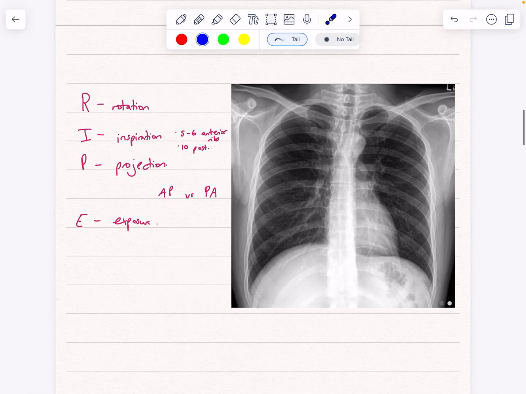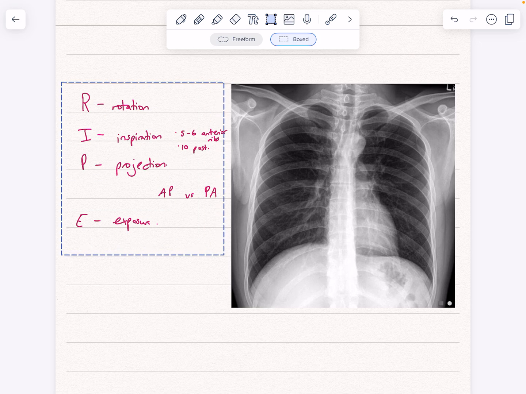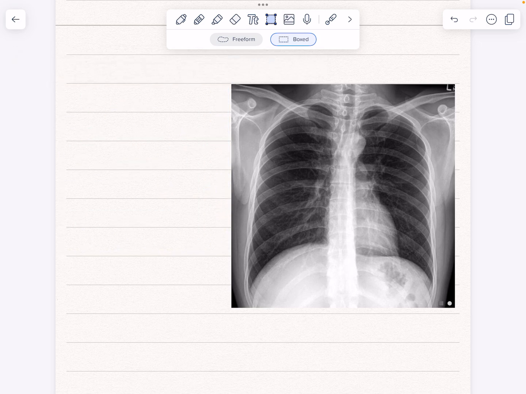Okay, so that's all you need to do for RIPE. We can now say that yes, this chest X-ray is adequate for us to then interpret whatever it is that we want to interpret. Okay, so now let's go through an A to E approach, what kind of stuff we would actually look for. So starting off with